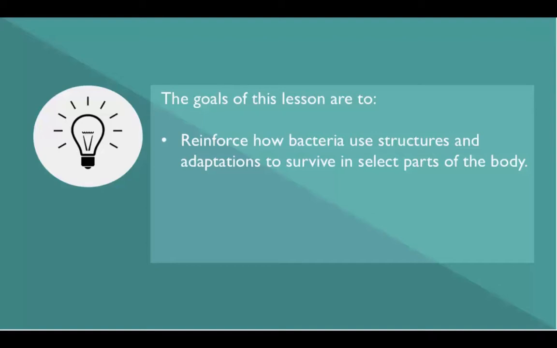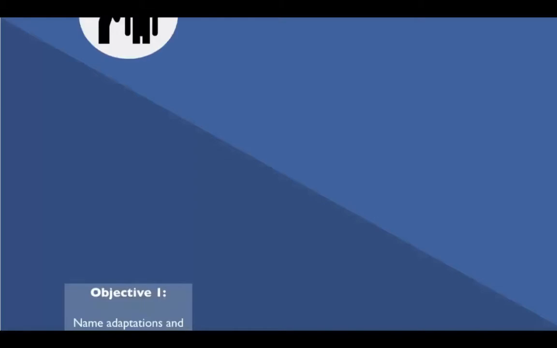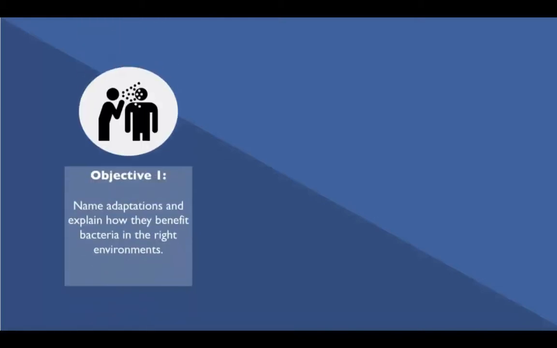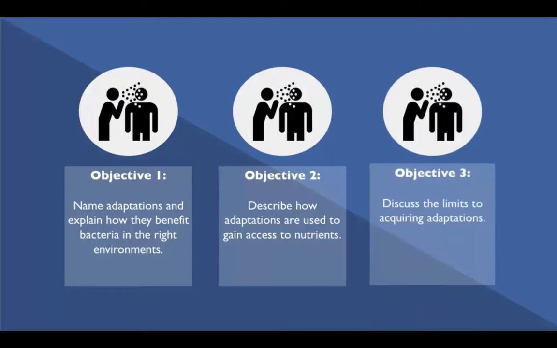select parts of the body, design an ideal pathogen for an assigned body niche, and illustrate that maintaining adaptations has a cost, energy. By the end of the lesson, the students should be able to name adaptations and explain how they benefit bacteria in the right environments, describe how adaptations are used to gain access to nutrients, and discuss the